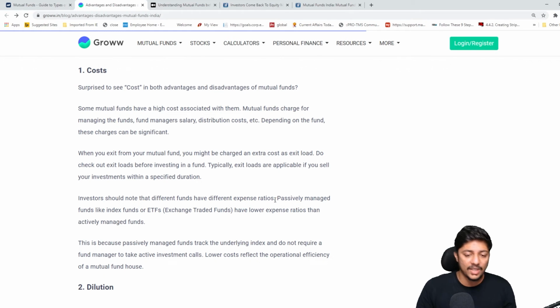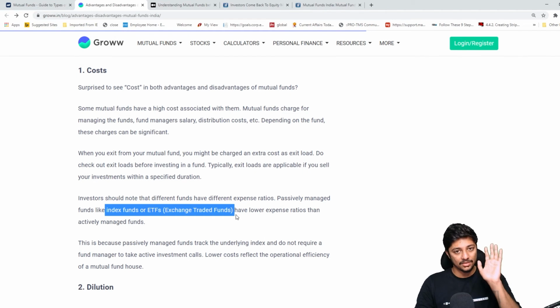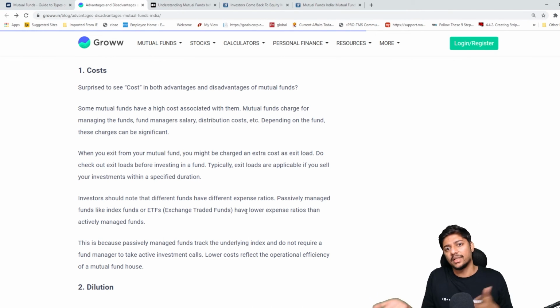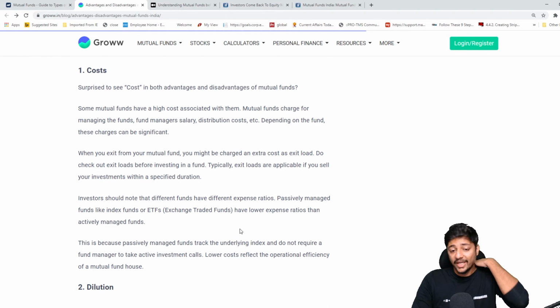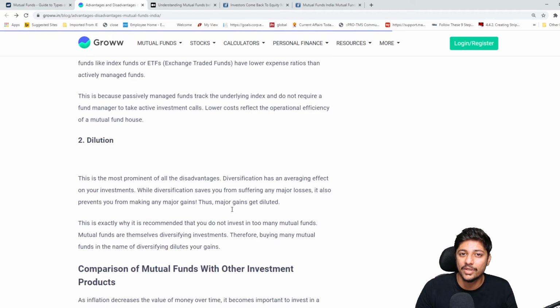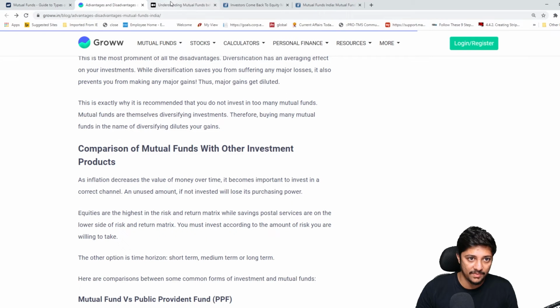Now if you look at other funds, for example passively managed funds like index funds or ETFs, which again, don't worry, I will do a video for this. They have lower expense ratios because they're not actively managed. एक बार कर दिया तो छोड़ दिया, because index funds move according to the index. So the indexes are Sensex and Nifty. So again, I will go through all of this in detail. This first video is just to understand what it is, just to understand how this works. Okay. Let me go to another video.